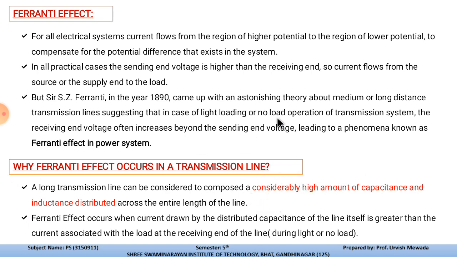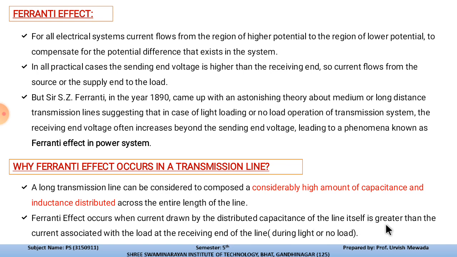And the Faraday effect occurs when, if the capacitance is not distributed properly, or if there are chances of capacitance formation line to line or line to ground, that will draw current, and